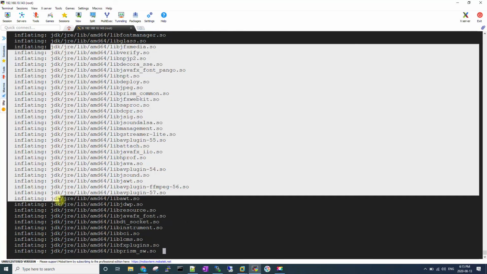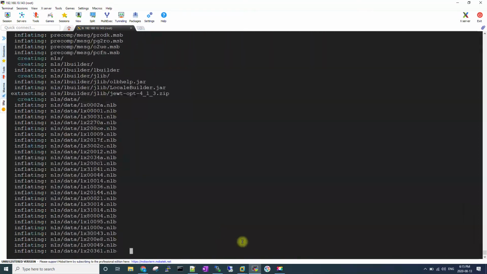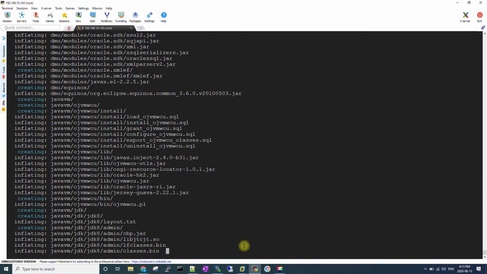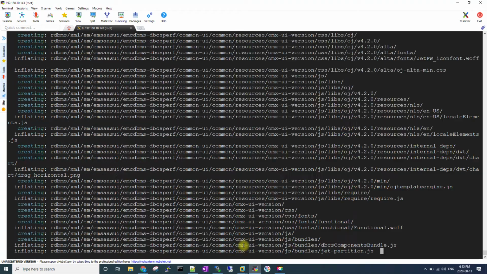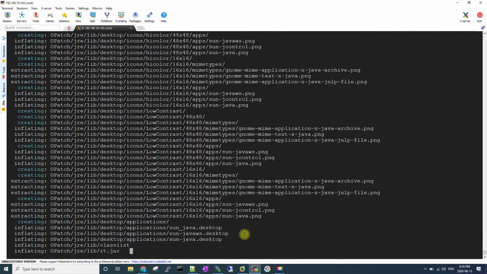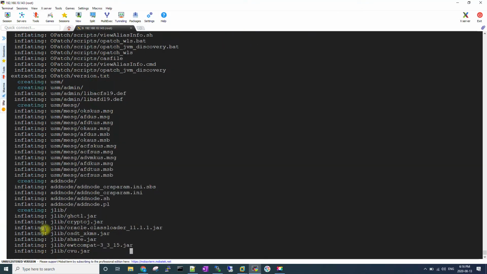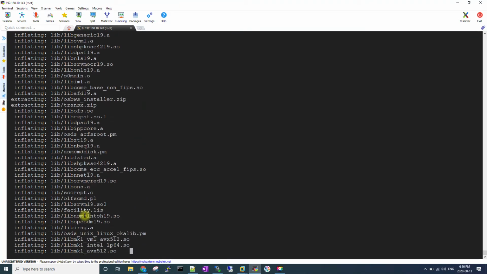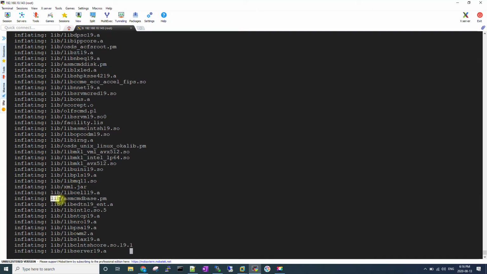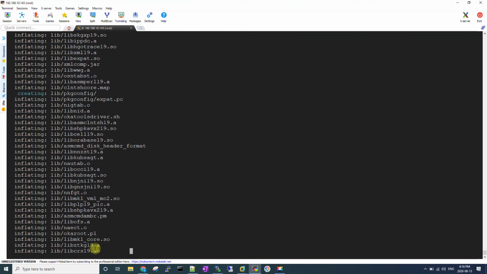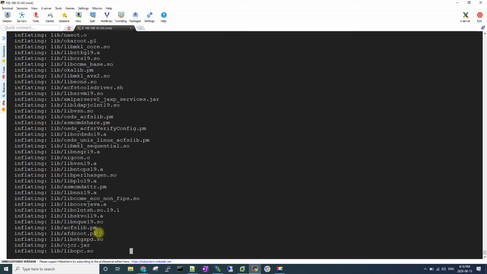You see it is extracting into the different folders. It means that whatever I said was true. When I said that while installing 11G R2 or 12C, you must have felt the thing where when you reached the Oracle software home, you would have seen different folders, right? These are the same folders getting created, and then there will be a run installer file. So you need to make sure that you extract this specific binary to the Oracle Software Home, the 19C Home.